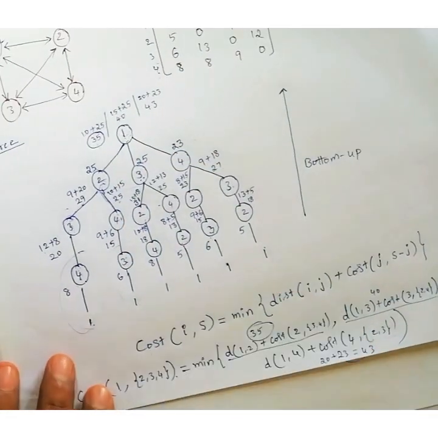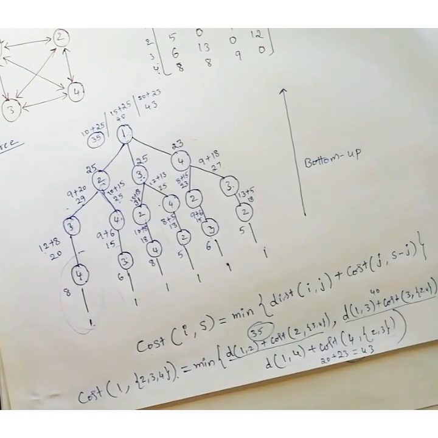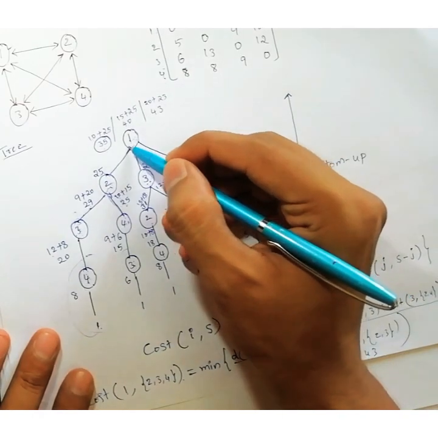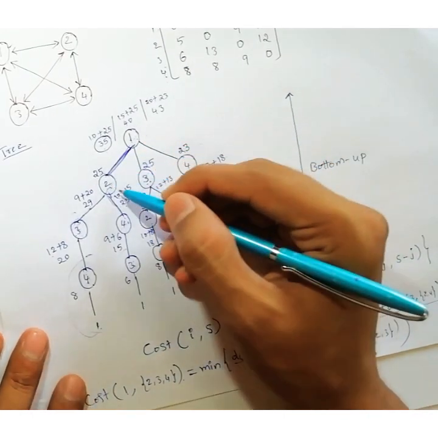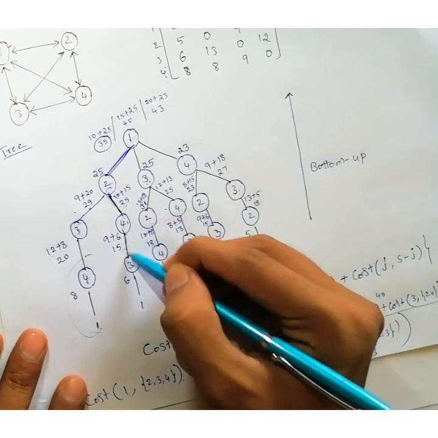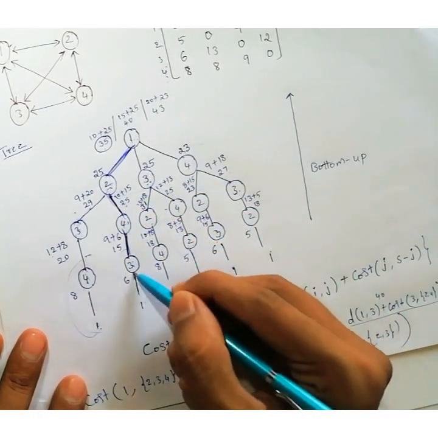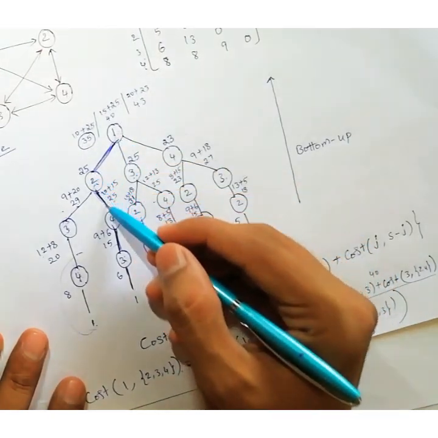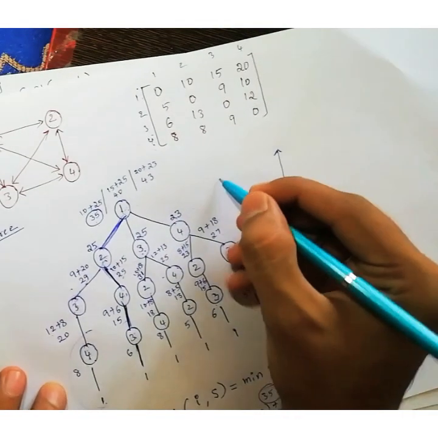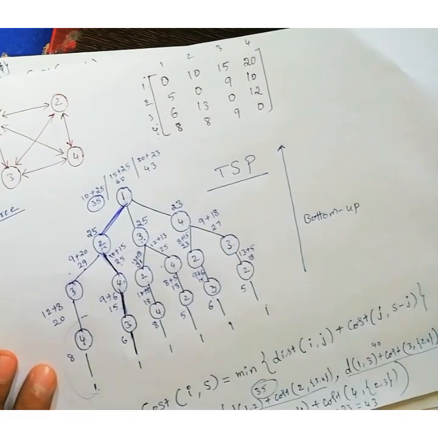So this is how we will find our travelling salesman problem. And what is the path we are getting? From 1 to 2. Next from 2 to 4. This is the final path. From 4 to 3 and return back to 1. So this is the minimum path out of these 6 paths. So this we are calling the travelling salesman problem or Turing problem.